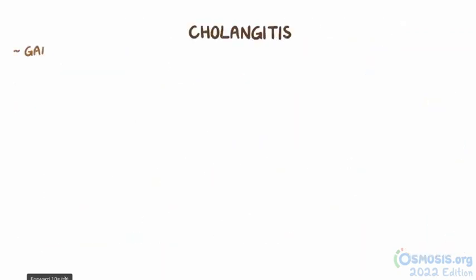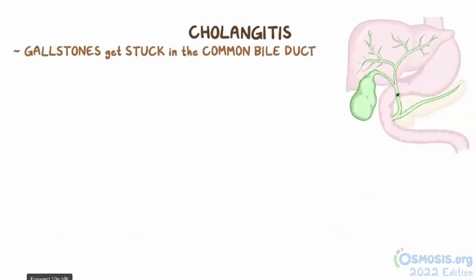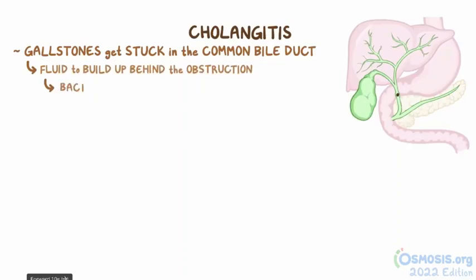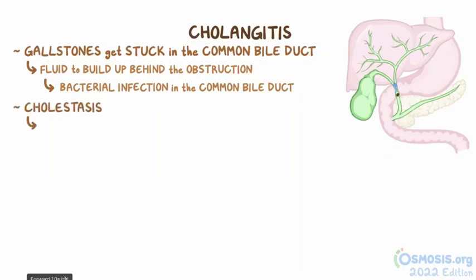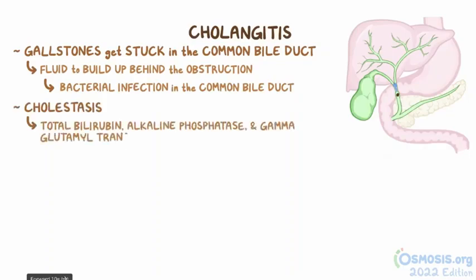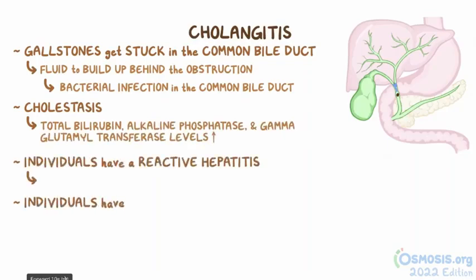In cholangitis, gallstones get stuck in the common bile duct, and that causes fluid to build up behind the obstruction instead of just flowing through. Once again, this invites a bacterial infection, this time in the common bile duct. Just like in choledocholithiasis, there's cholestasis, and as a result, the total bilirubin, alkaline phosphatase, and gamma-glutamyl transferase levels are elevated. Some individuals have a reactive hepatitis with high ALT and AST levels, or biliary pancreatitis with high amylase and